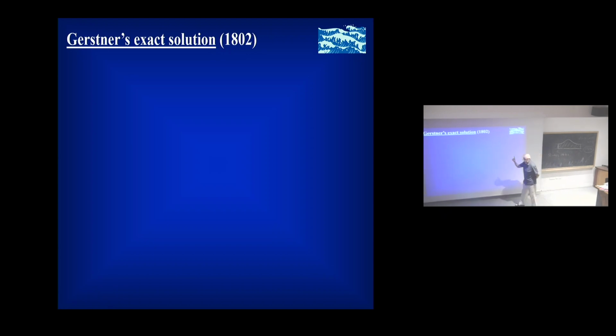This is very different. The Gerstner solution is something which for many years I just ignored, I have to admit. I didn't think it was of any interest whatsoever. And it is, as I said a few minutes ago, regarded as a mathematical curiosity. It is mathematically very interesting. Maybe curious isn't quite the right word, but it is certainly debatable as to whether it plays any role whatsoever